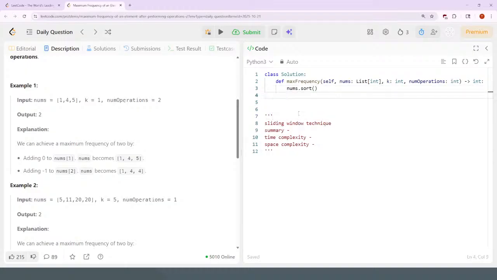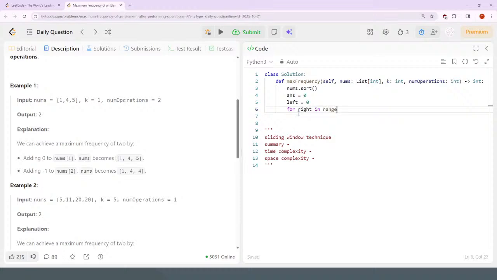So I'll have answer 0. Left is going to be 0. So I always slide 1 down on the right, and then I might need to close the window on the left. Okay, so for every right index in the range of n, where n is the length of the nums array, I'm going to open up the window on the right side to include this value. So sliding window technique where